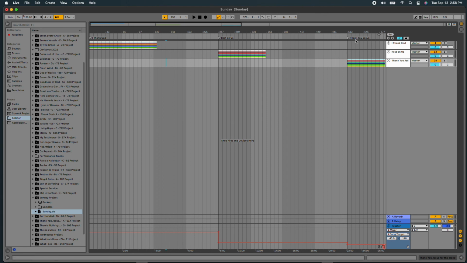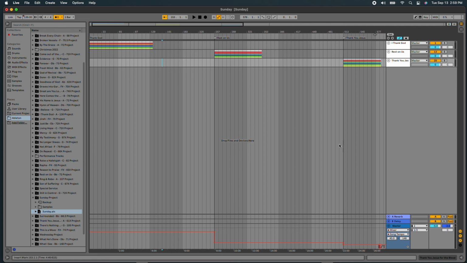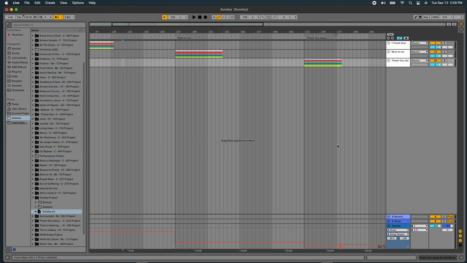Have all this information here, utilize all the technology that Ableton brings to the table, and again, utilize that so that we can most effectively lead people into worship, so that we can have smoother sets, so that we can have better rehearsals, so that we can have better musicians, more prepared musicians. There's just a plethora of things that Ableton brings to the table when you start utilizing it as a band,